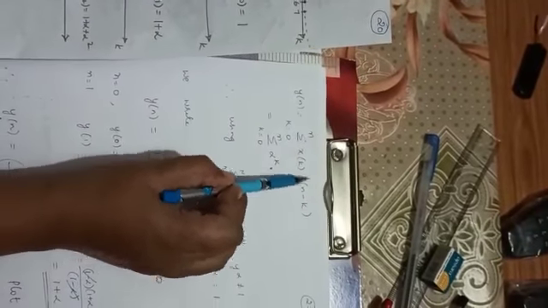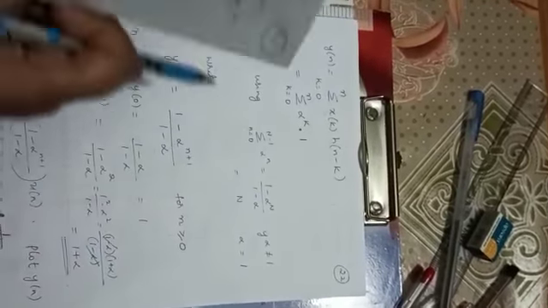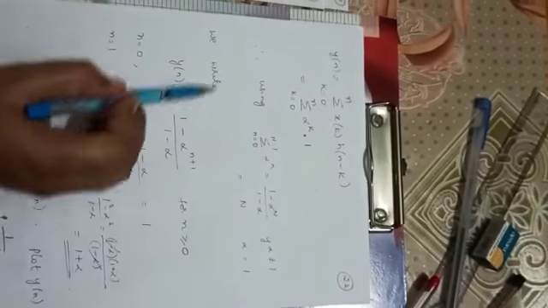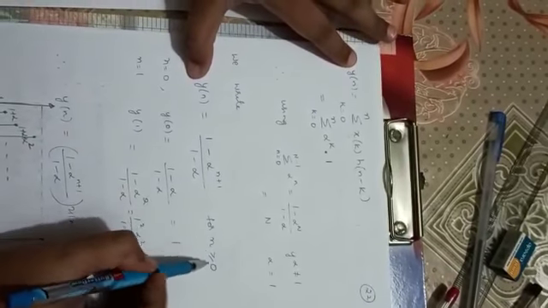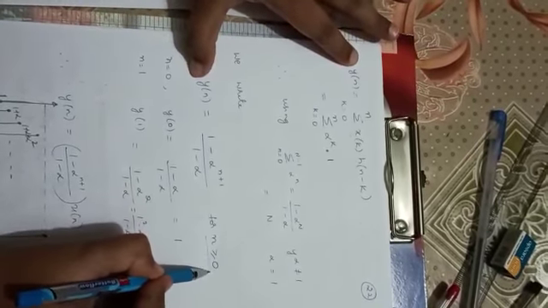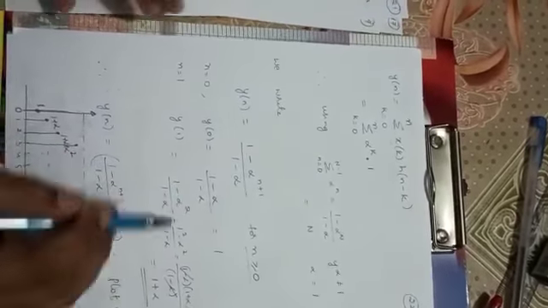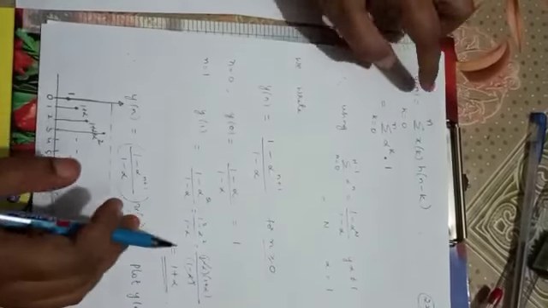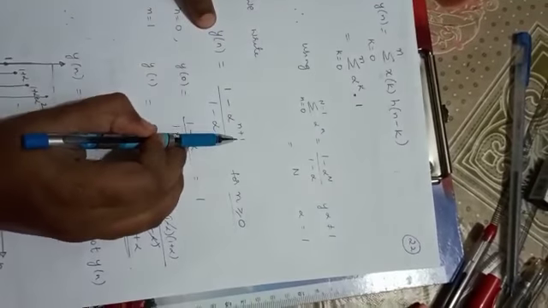H of n minus k, what is it? It is actually a step signal. So what is the amplitude of this? I can write 1. Okay. So now using the second formula, that is using this formula, I can give the final expression. We rewrite y of n as, since we are calculating only for n greater than or equal to 0, and in the question they have already given alpha is less than 1. So by considering that, I can finalize y of n as 1 minus alpha to the power n plus 1.